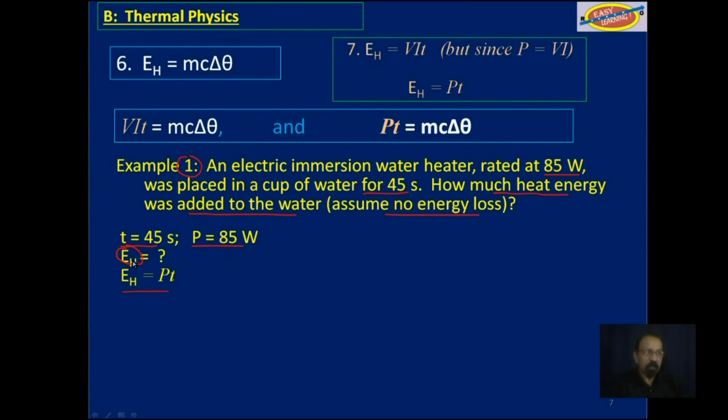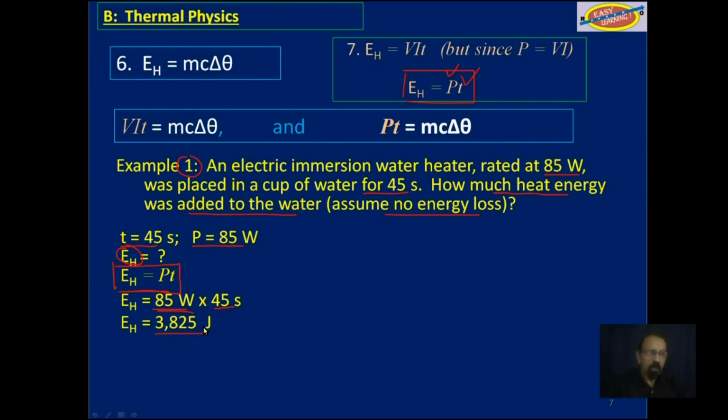We have a formula that says heat energy, EH, is equal to PT, so that we know P and we know T. All we need to do is substitute in this formula here, and we will find out how much heat energy was added to the water in the cup. So we substitute 85 watts for P and 45 seconds for T. We multiply that and we get